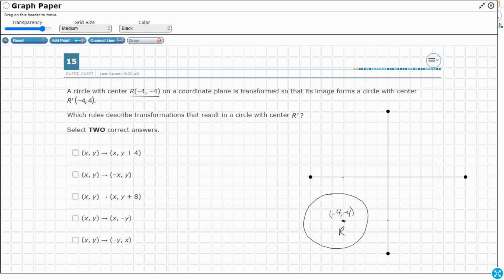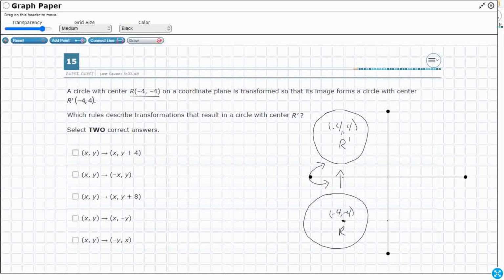And then we're going to go to r prime. So r prime is going to be -4, 4. There's your -4, but now it's going to be up in quadrant 2. 1, 2, 3, 4. It's right there. So there's your r prime, -4, 4. It looks like we slid it up there, or I guess we flipped it up. So it looks like we can either slide it up with a translation,